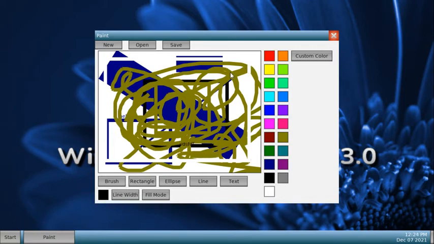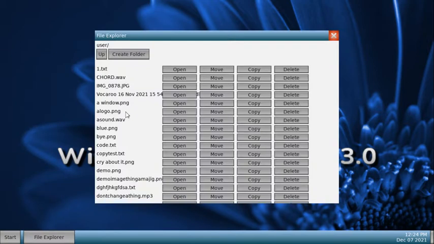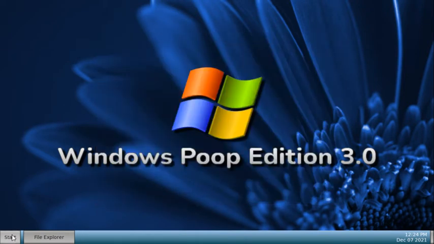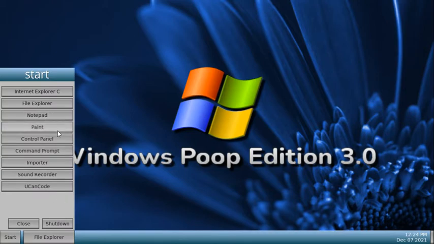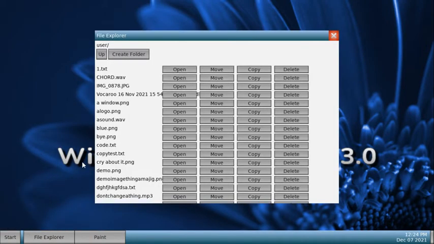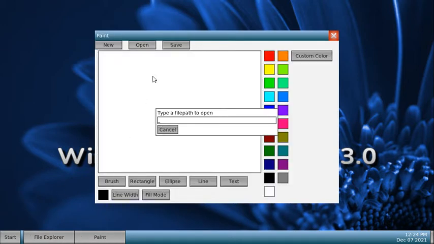And also, actually that's not all, because we added the ability to open images in Paint. So let's go to the File Explorer, and let's have this image here. We have a window, and it's a window, whoa, meta as it says. And we can actually open this in Paint, so we have to go into Paint to open it, because if you open it from here, it'll just always open image viewer. Okay, so let's go into here and do